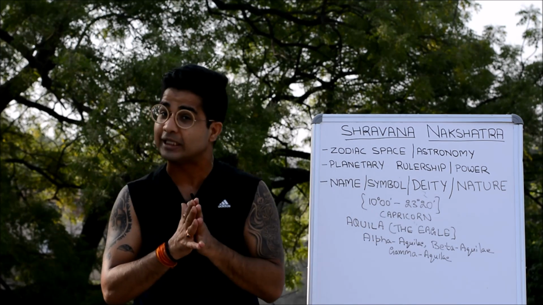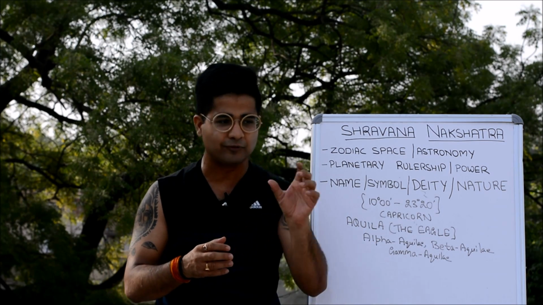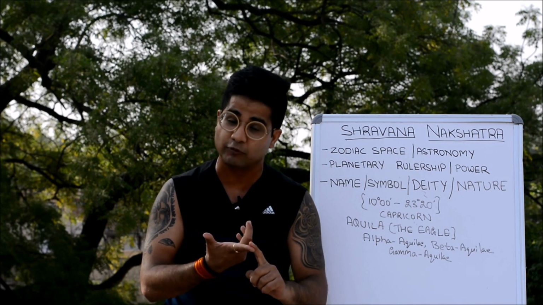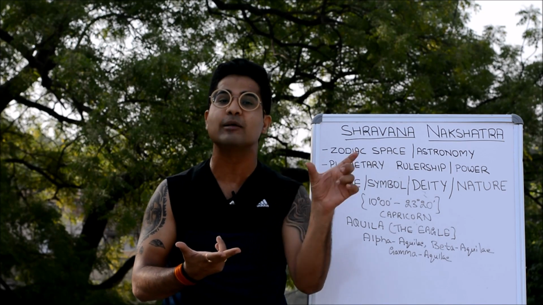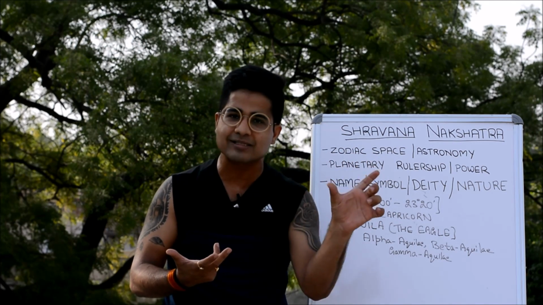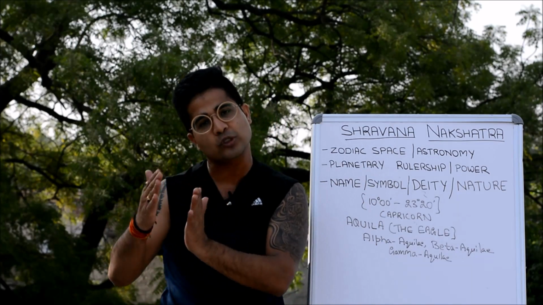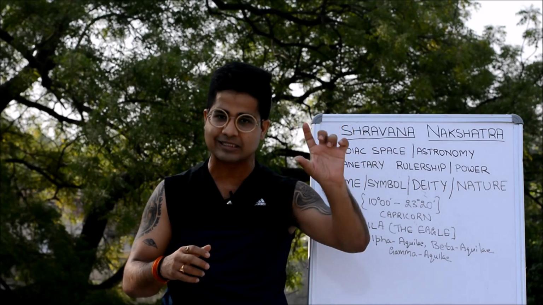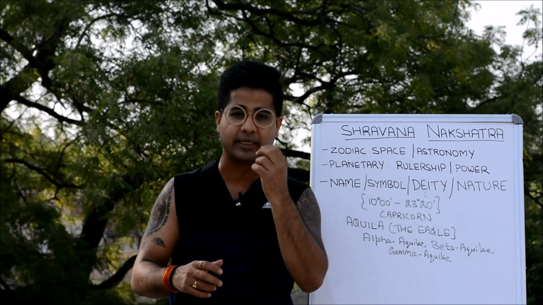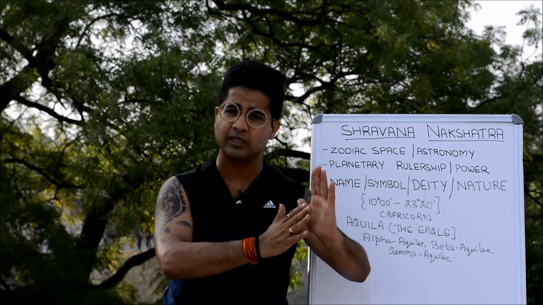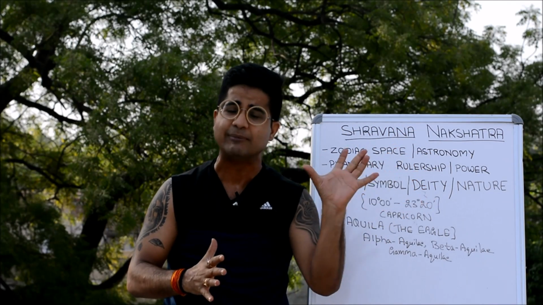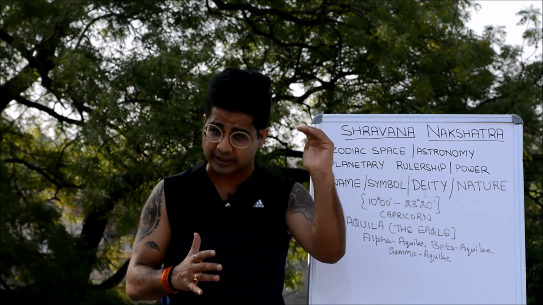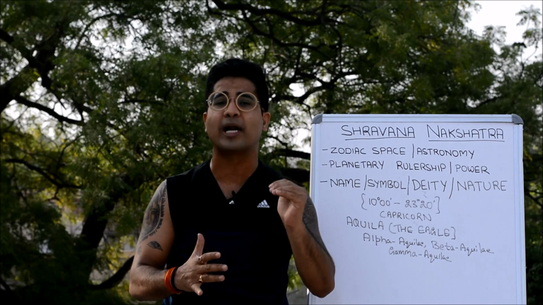Initially the demon king Bali was amused. If this child could ask for so many millions of things, he could ask for food, for clothes, and as a Brahmin, he could even ask for a cow. Why is he asking for three strides of land? Though the case was different, his preceptor, his guru Shukracharya, had already seen that this was Vishnu himself in the guise of a small Brahmin. Somehow there was one part of the demon king Bali's personality that was very charitable by nature. So he promised that he would give Vaman the three strides of land.